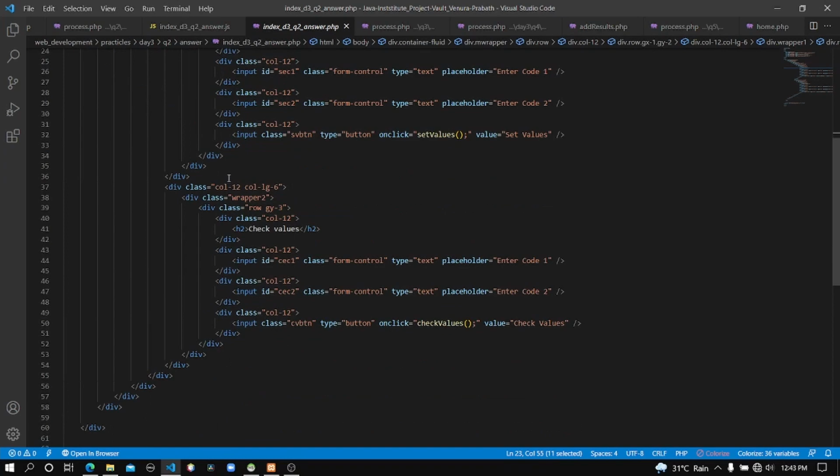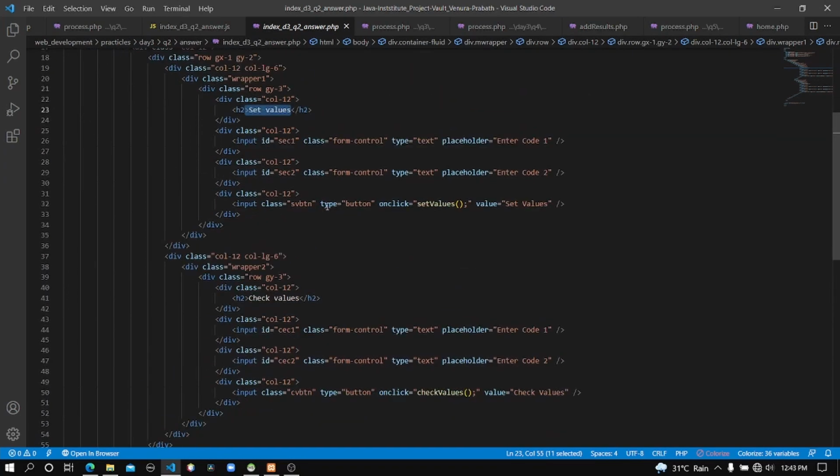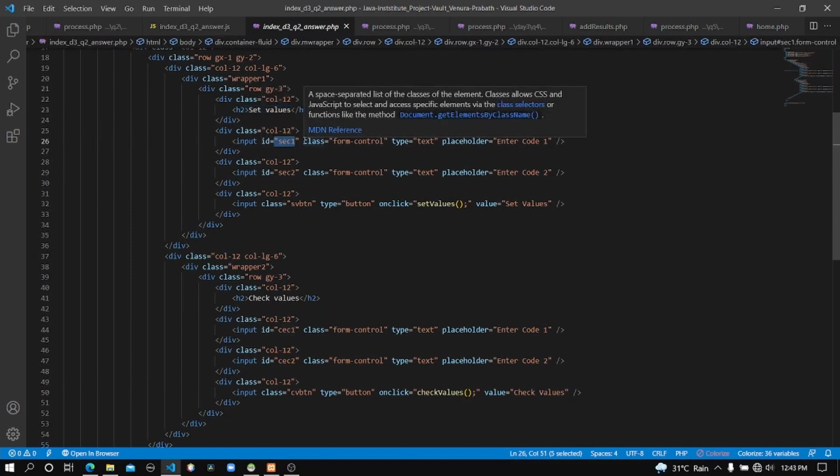Okay, now I'm going to show you the JavaScript file, because in this file I inserted different IDs into these input fields, so I can extract the values inside those input fields using those IDs.